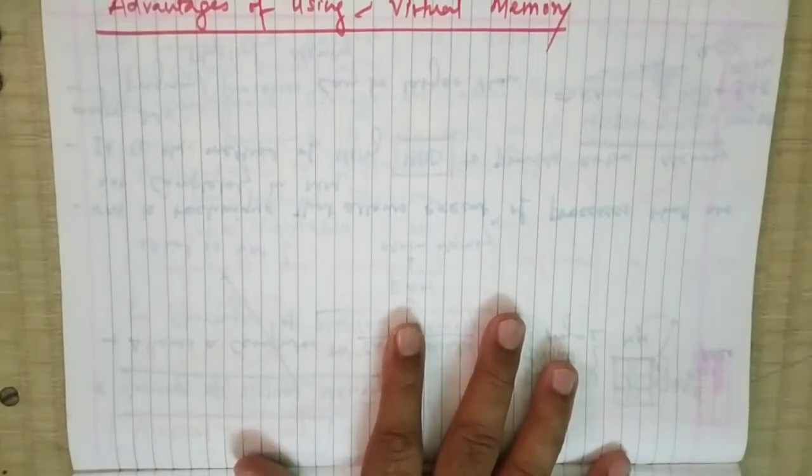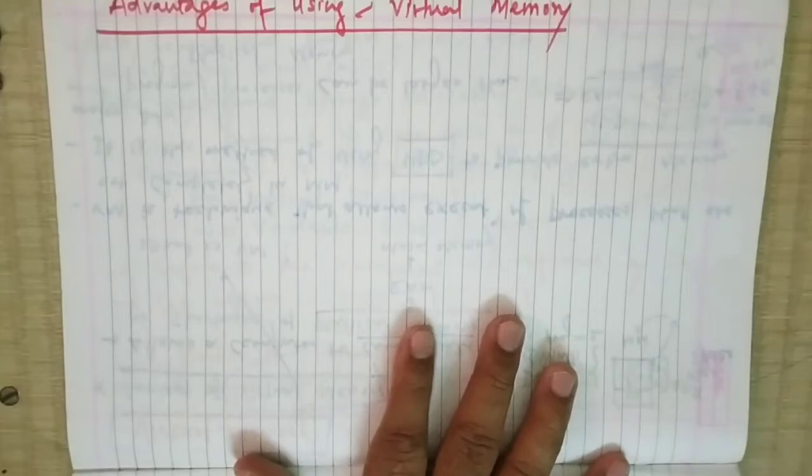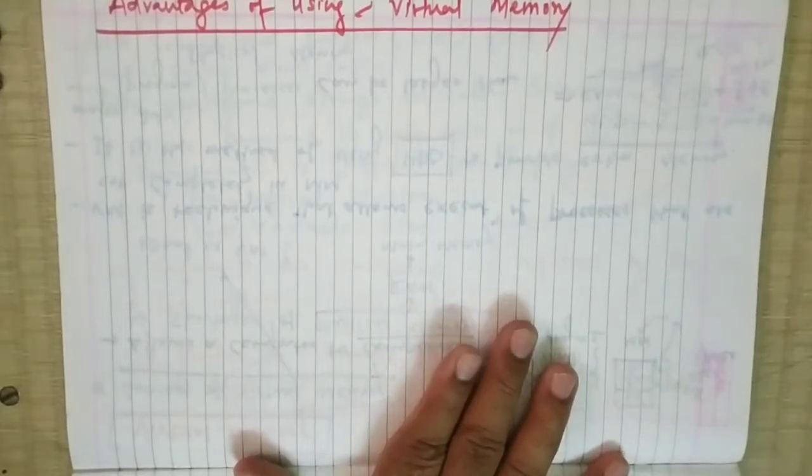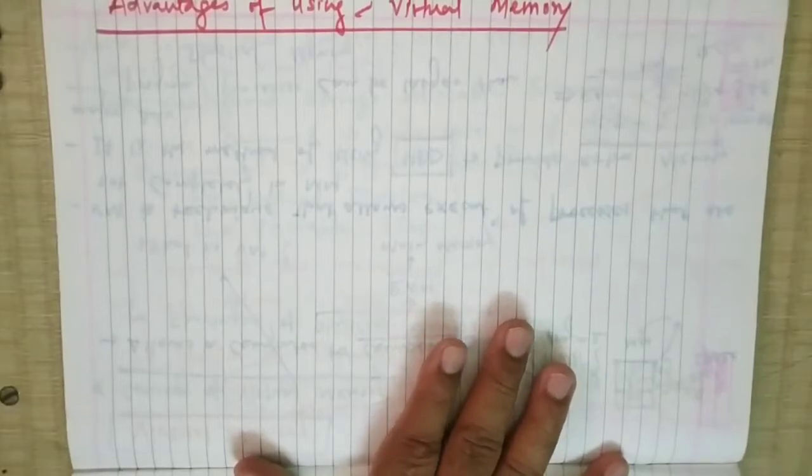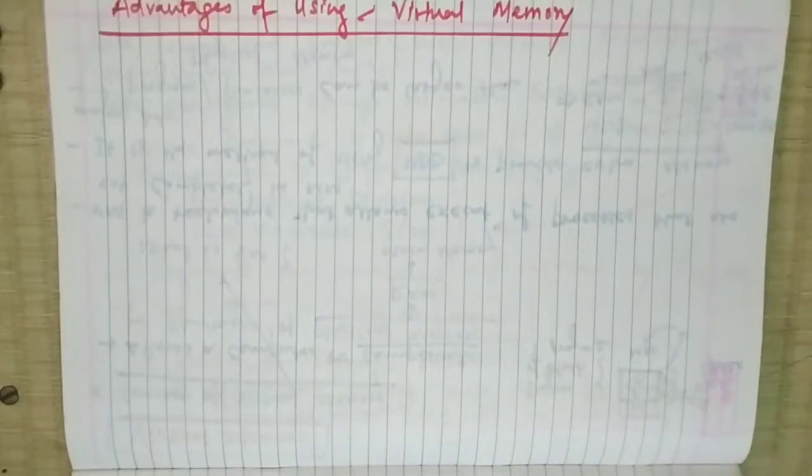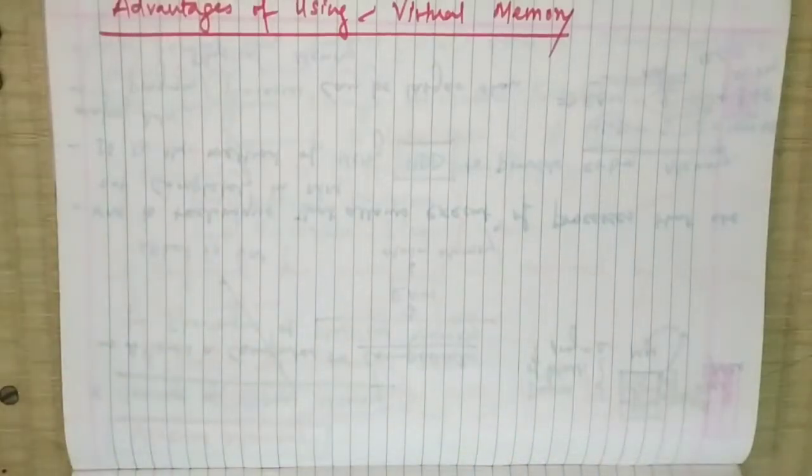Programmers or designers were concerned that if they executed an application, the RAM would be full and the process would get slow, the process would not execute, and the turnaround time would also increase. So this technique frees programmers from the concern of memory shortage limitation. Virtual memory also allows processes to share files easily and to implement shared memory. In addition, it provides an efficient mechanism for process creation.